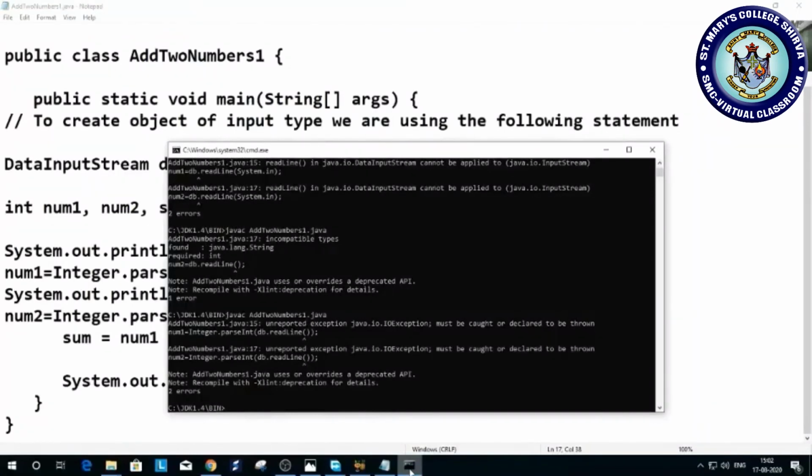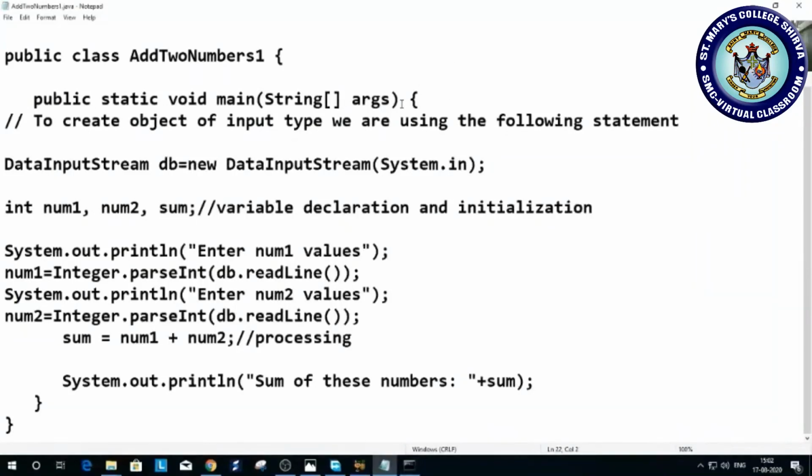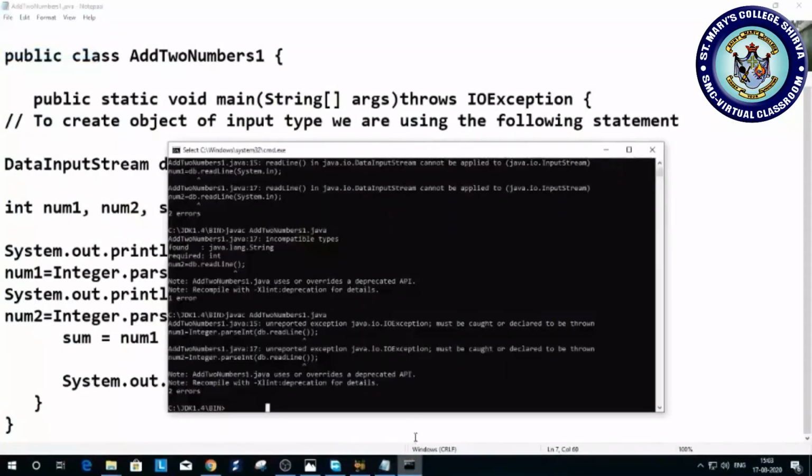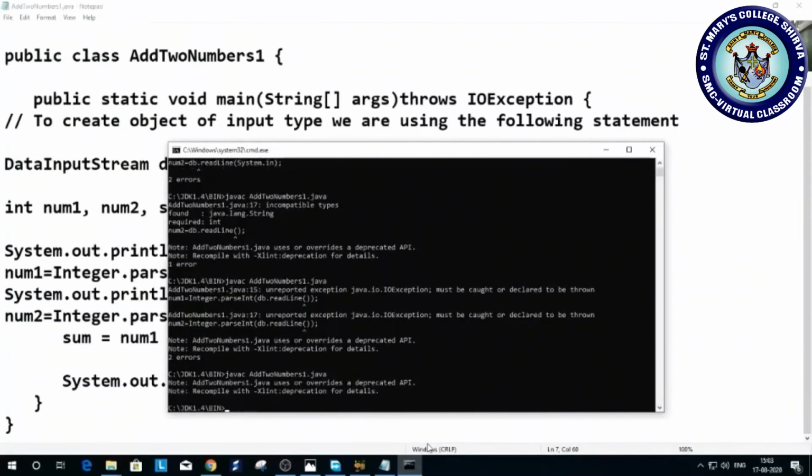Whenever you are getting these kinds of exceptions, we have to use exception statements. Throws IOException. Okay, so save it. I am saving here, coming to the compiler, and once again compiling. Now you see there is no mistake.